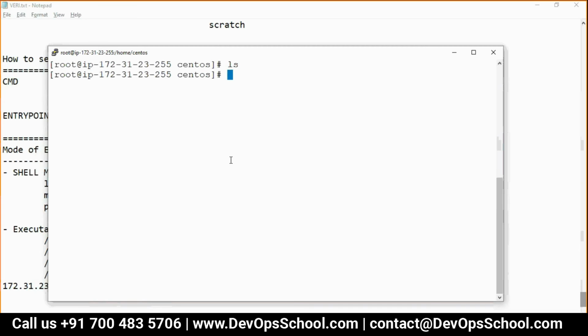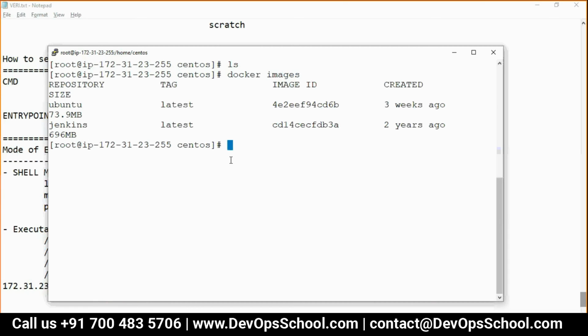Now, if you see here, Docker images, look at my screen please. Now what I will do, docker run -d ubuntu.